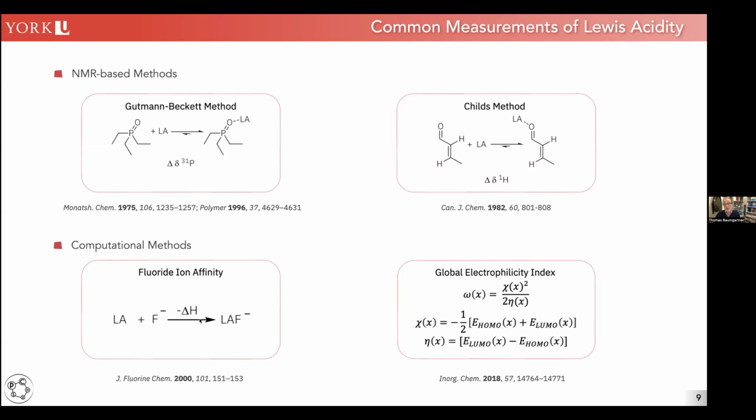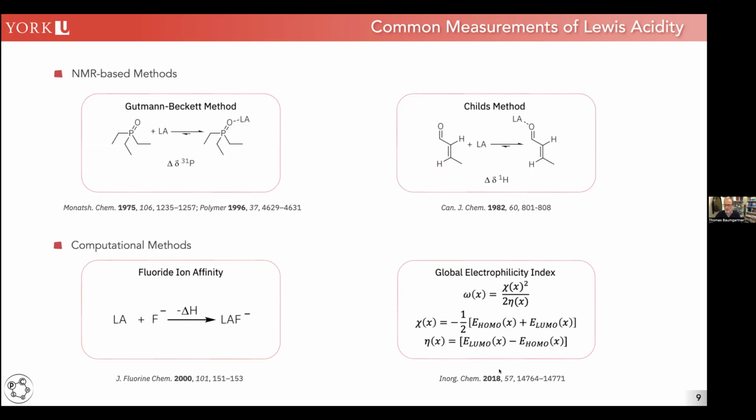This is very limiting, obviously. It will only give you information on how strong the Lewis acid fluoride bond is. But if your Lewis acid is not exposed to a fluoride, there may be questionable value in the result that you get out there. If you use it, for example, for a Friedel-Crafts alkylation or something like this, there's no fluoride in there. So the fluoride ion affinity may not actually be something that's useful in that context.